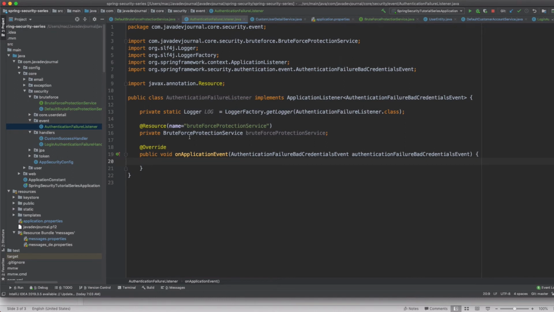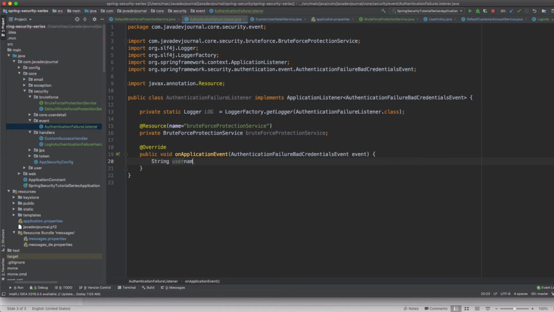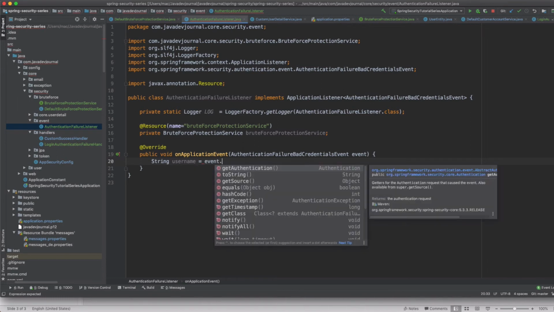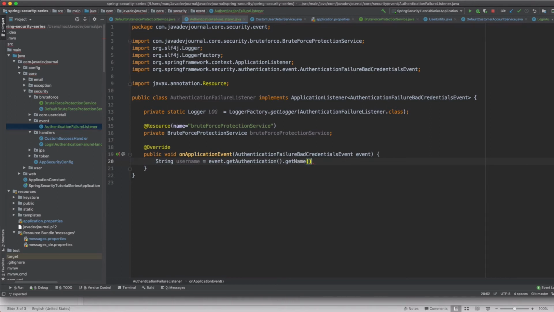Straightforward, right? I'm just injecting my brute force protection service in this one. Okay, and the other thing is, let's make it a smaller event. Now the first thing I'm interested in is getting the username from the event. The good news is Spring Security provides you that detail. So with every successful or failed event, it gives me the authentication object, and within the authentication object, I can get the name, which is the username. Now the second thing I'm going to do is call my, okay, so this is straightforward, right? We are basically just registering a username.